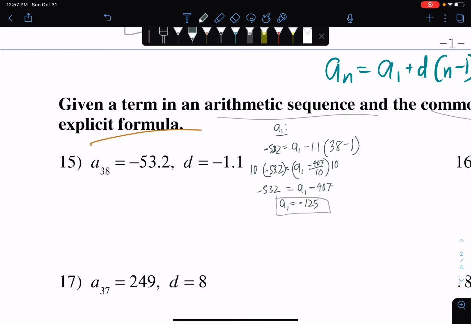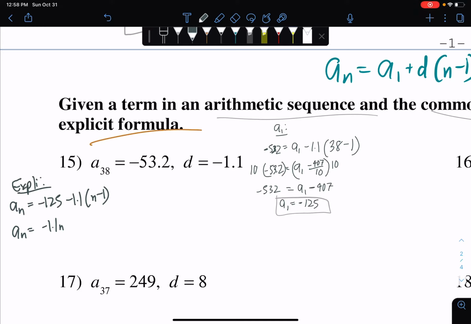If your answer is correct, you could bridge yourself to find the explicit formula. So the explicit formula, we'll abbreviate it as XP. A sub n is equal to a sub 1, which is negative 125, plus our common difference, negative 1.1, times the quantity n minus 1. A sub n is equal to negative 1.1 n, negative 125 plus 1.1 is